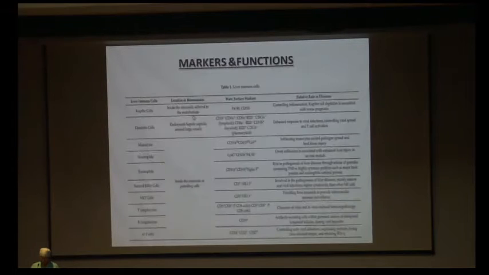I will briefly talk about the functions. This table is very busy. I just want to show you that there are various immune cells present in the liver, which have specific markers that can be detected by flow cytometry, and immunophenotyping is done. They have specific roles, and these roles keep on evolving as further studies come. Sometimes they become tolerant, sometimes they become rejecting. So this is a very dynamic field of research.